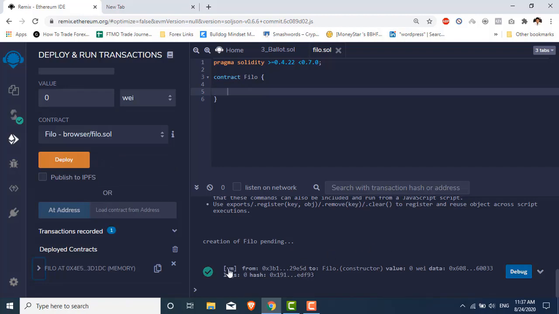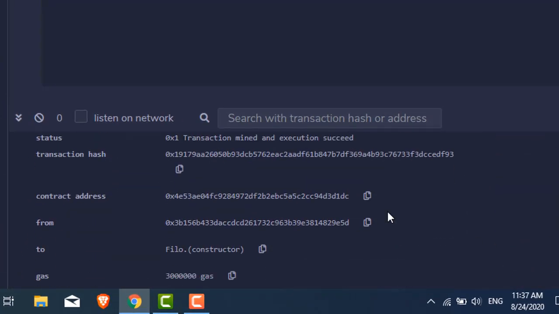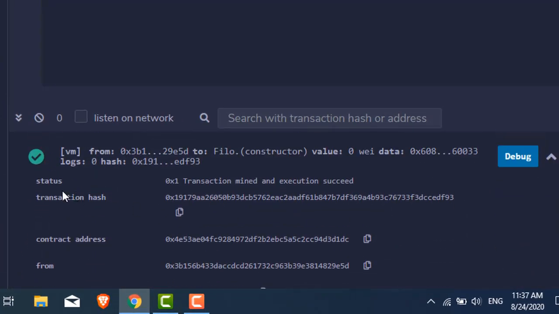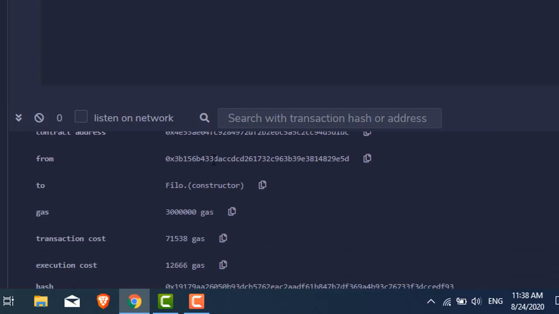To check what type of contract is created, we are going to see more details by clicking this button, and you will see the status that the transaction was mined and execution succeeded. The transaction has a contract address, so it shows where it is coming from and where it's going.